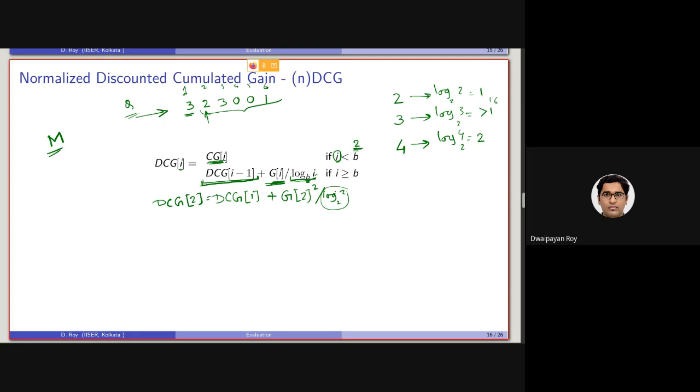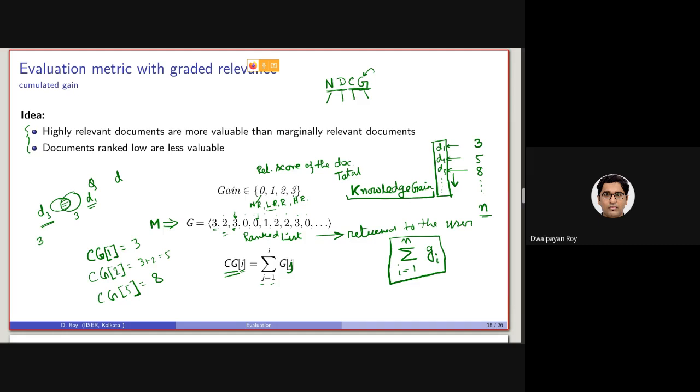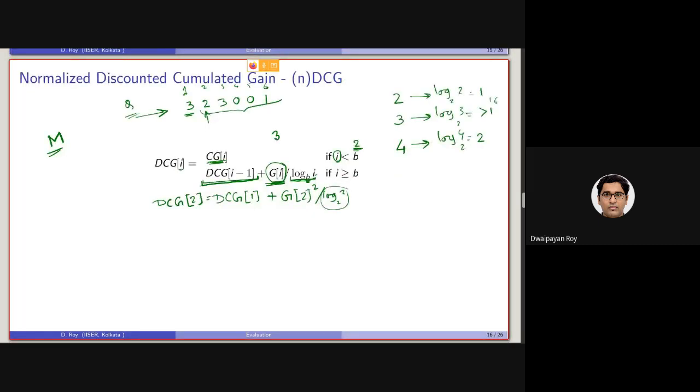Now, a document which is retrieved at a lower ranked position should be penalized or discounted, even though it can be a highly relevant document. This can be a 4 as well, or in this example, we are only considering a gain of 3. So it can be a 3 as well, which is highly relevant. But if a highly relevant document 3 is retrieved at the position, say 16, then in the cumulative gain, we are considering the gain as it is.